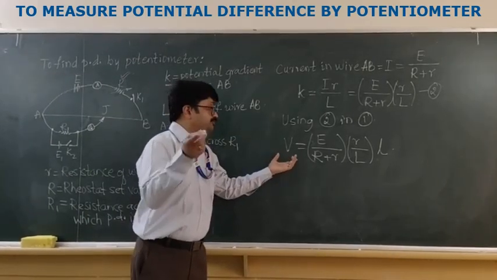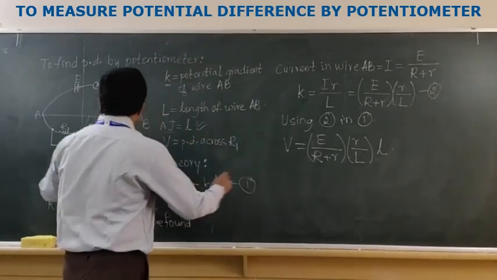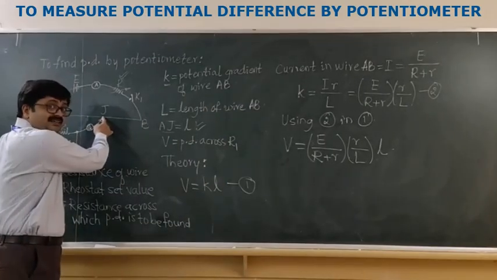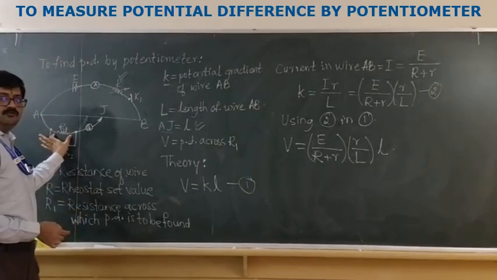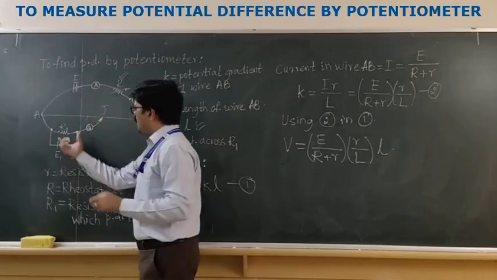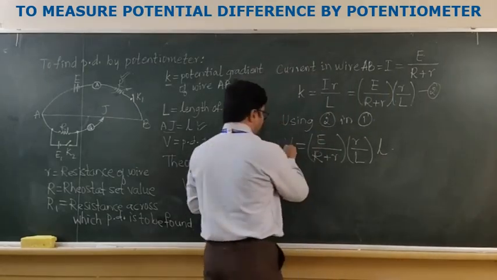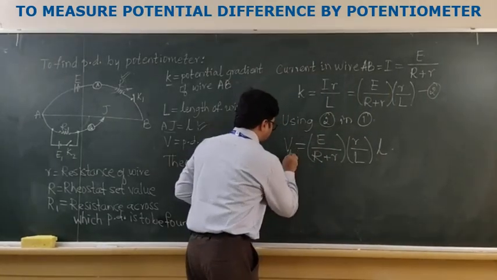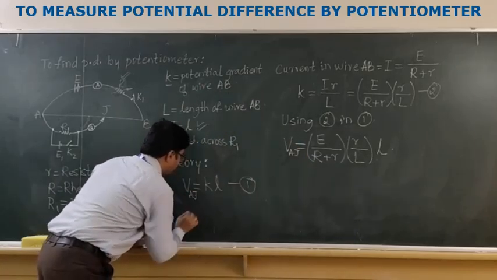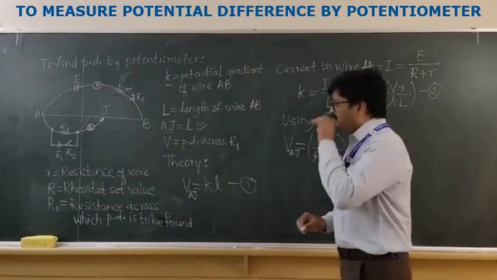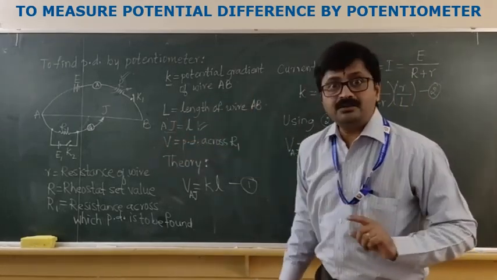Okay, but before going to that conclusion, my friends, let us not hurry. Let us say that V is the potential difference across length AJ, correct? And AJ length or AJ segment, is it not parallel to R1 here? Since it is parallel to R1, in parallel combination, potential difference is the same. So very clearly, V, that is potential difference, I will write it as VAJ, so that we will not get confused. This is VAJ. Now VAJ must be equal to potential difference across R1, right?